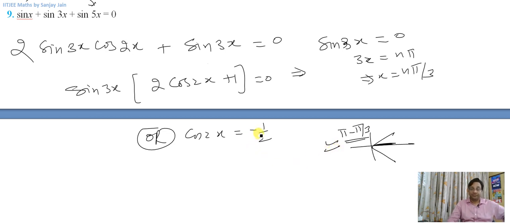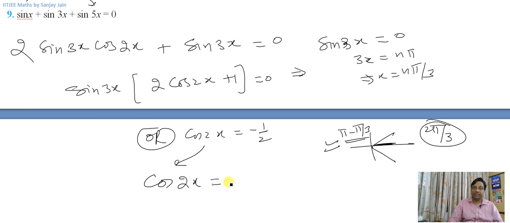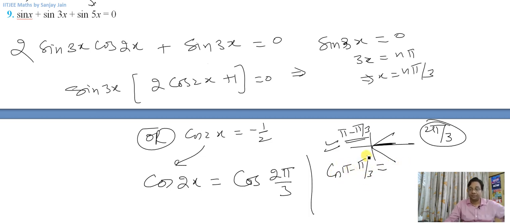So cos 2x equal to minus 1 by 2 will be at 2 pi by 3, right? Or in other terms, let me write it for you. Cos 2x can be written as cos of 2 pi by 3, because cos of pi minus pi by 3 will give you minus cos pi by 3, and cos pi by 3 is 1 by 2, so minus of 1 by 2, right? So this is my equation, and the solution will be,